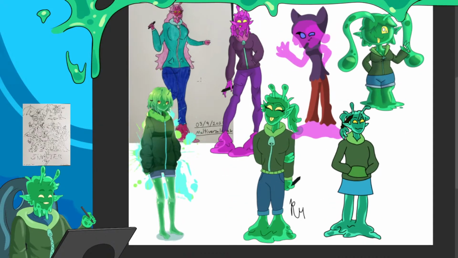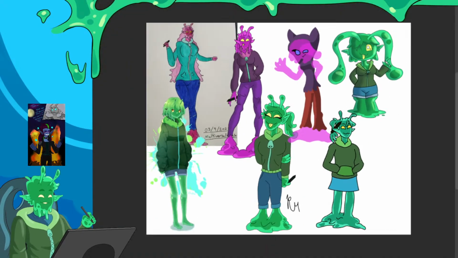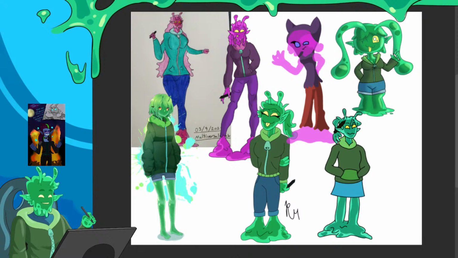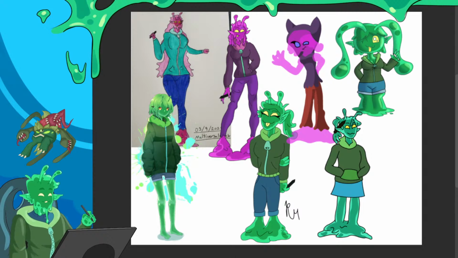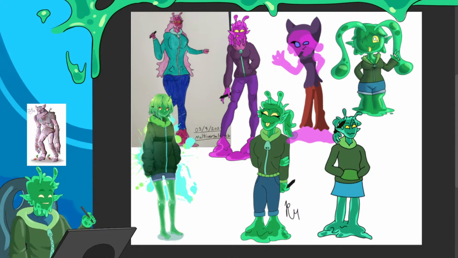I don't know if you can see the whole canvas or not. There we go. It might be a little difficult sometimes. I might be accidentally hiding part of the canvas with my overlay. If I am, let me know. But with that being said, I'm going to drag and drop all of these into my slideshow, and maybe if things update correctly, they will appear in the slideshow. I might have to go in and update the directory. So if they're not here this stream, they will be here next stream for sure. Or I can take the time and actually fiddle with my controls, but I don't want to do that right now.